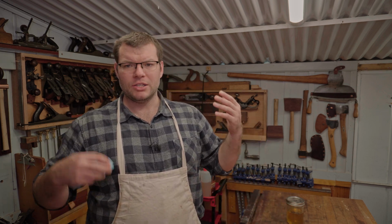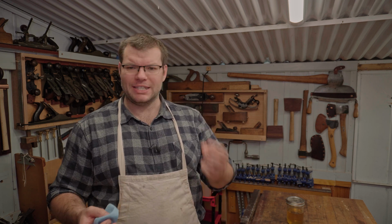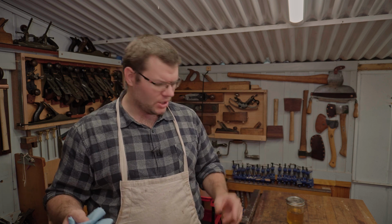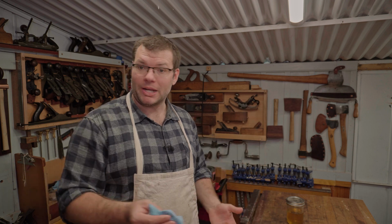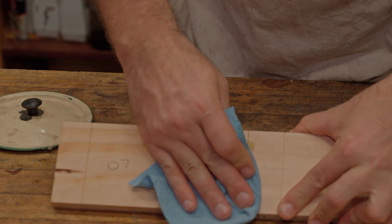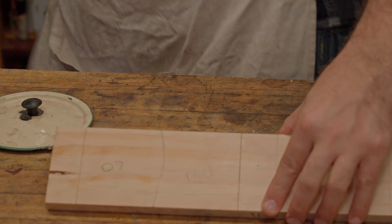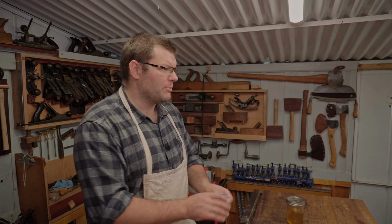The process here is you put it on, let it sit, and it'll soak in a little bit. It's not going to soak in a whole lot, but once it's dry to the touch... now, if you've got too much on there, it's never going to feel dry to the touch, but in a pinch, you can just wipe any excess off. So let's do that now. We're going to wipe that excess off. And you can just let it sit there. Once it feels dry to the touch, come back in